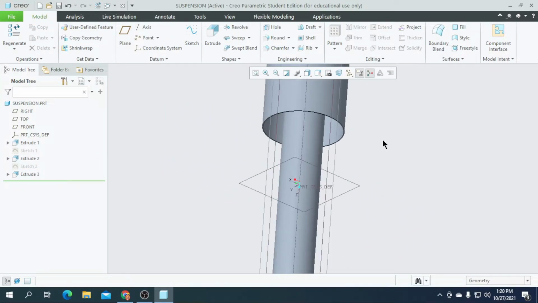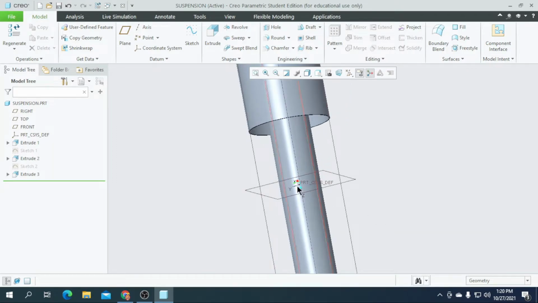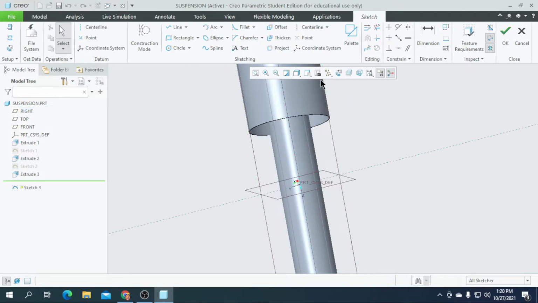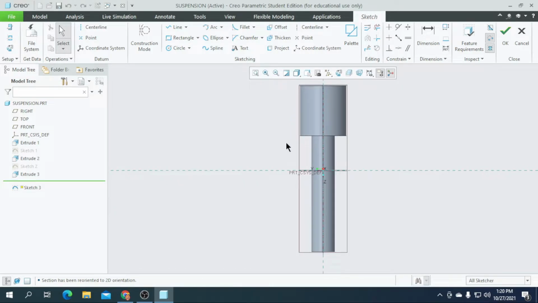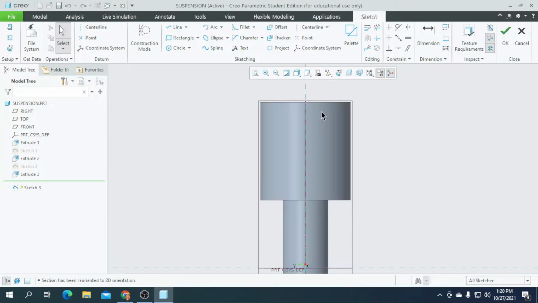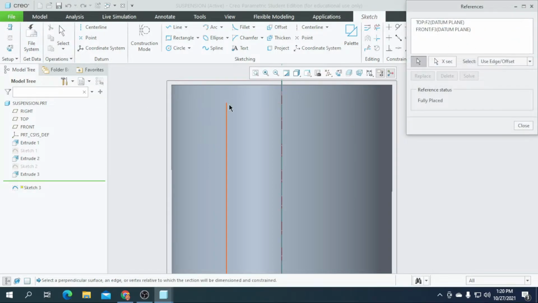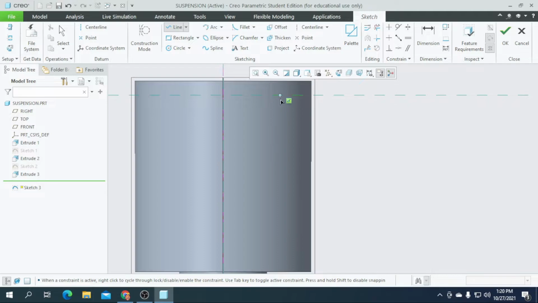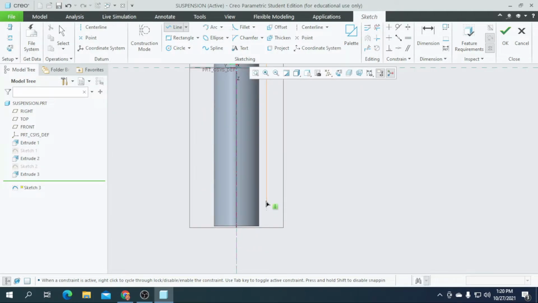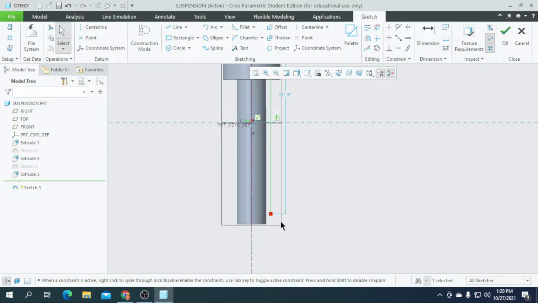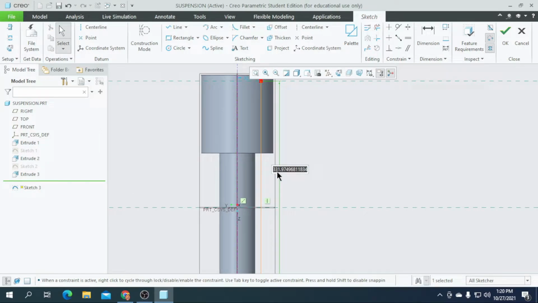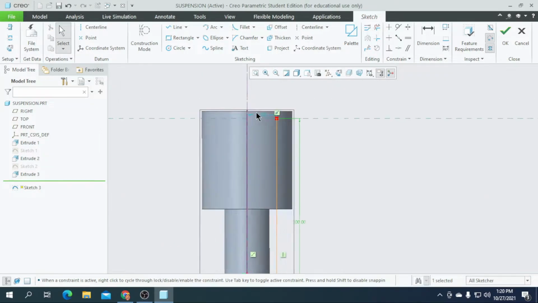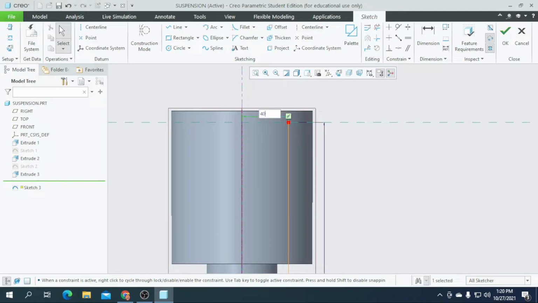So now I am going to sketch this plane, go for the sketch and sketch view, and here I am going to create a spring. For that we need to create a reference here, and first we need to draw a center line, and let's draw a line from this reference to a point, and this line length is of 300 and this length is of 40.